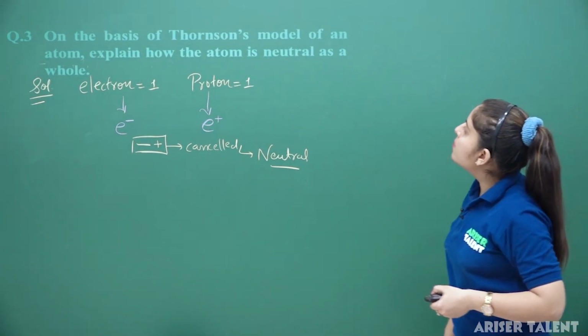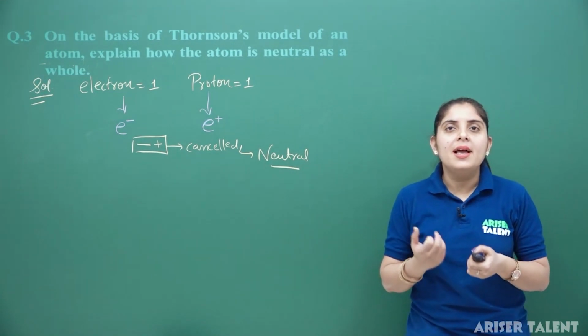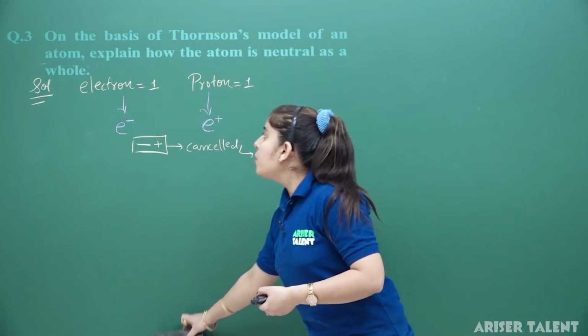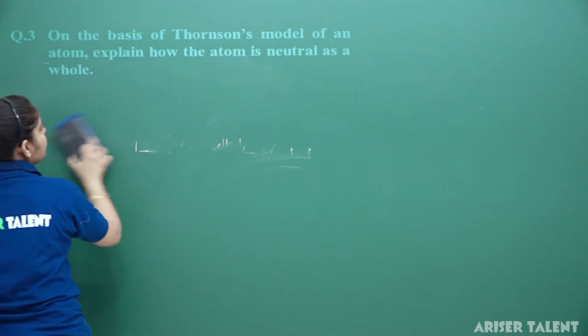Now we are with our next problem. On the basis of Thomson's model of an atom, explain how the atom is neutral as a whole. Now we want to show the neutrality of an atom. So according to Thomson's atomic model,